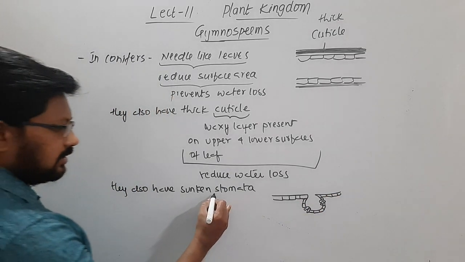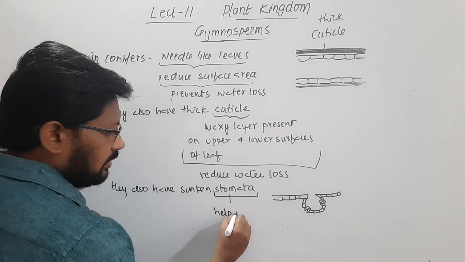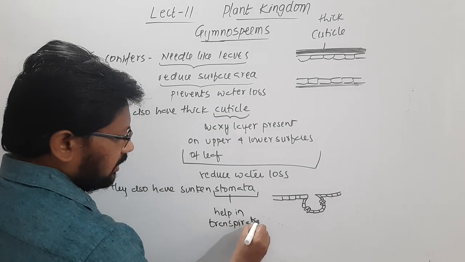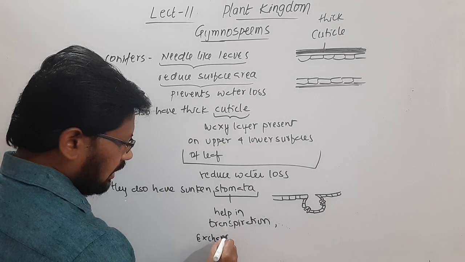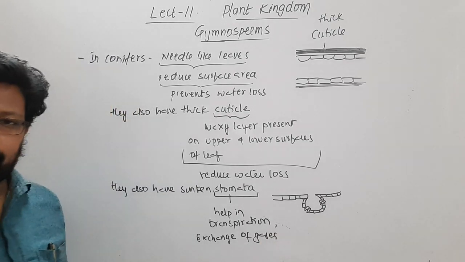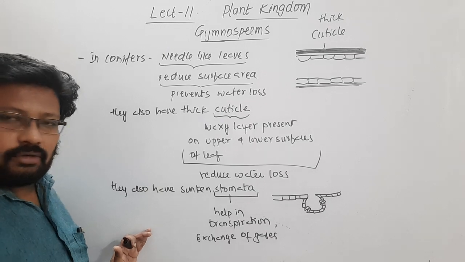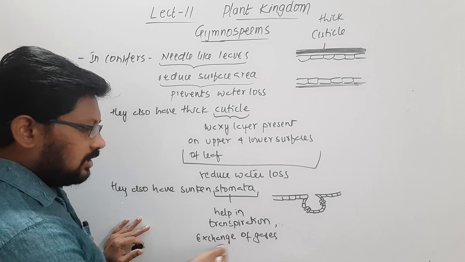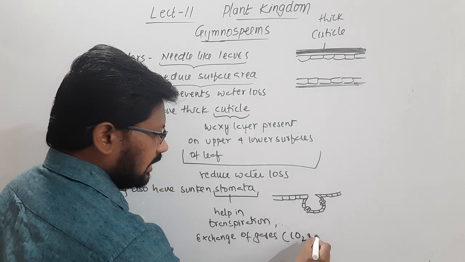Actually these stomata will help in transpiration, and exchange of gases, like oxygen and carbon dioxide, into the leaf or out of the leaf. So that is actually the function: they help in transpiration and exchange of gases, like carbon dioxide and